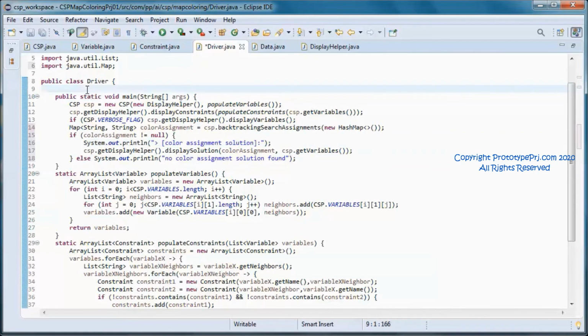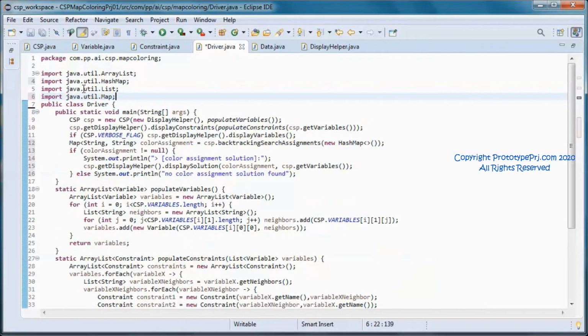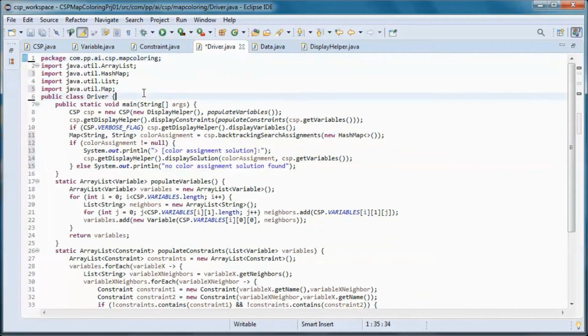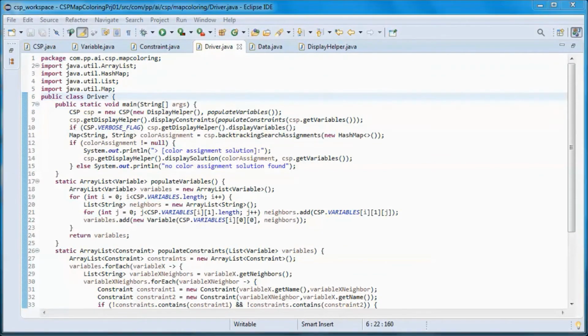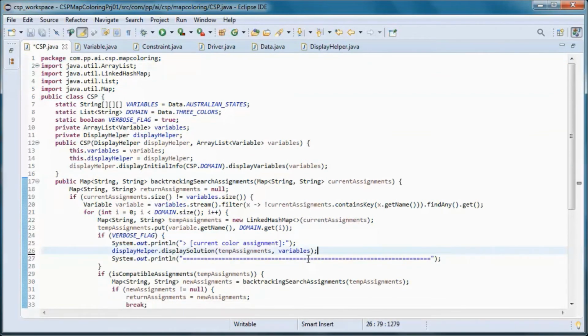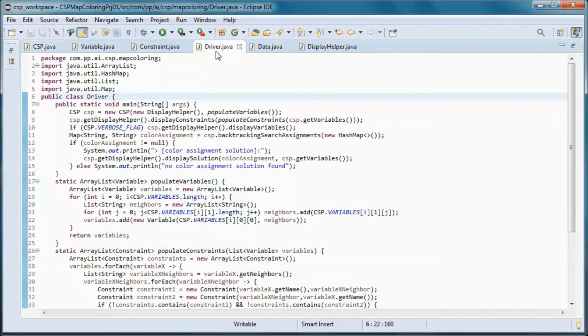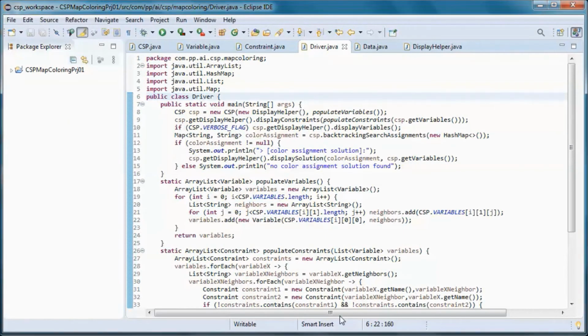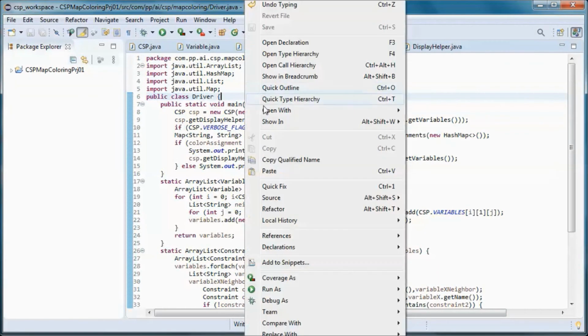So this should do it for this class. And let's do one last thing. Let's remove this one from here. And let's go ahead and test run this.